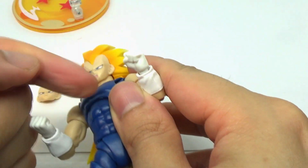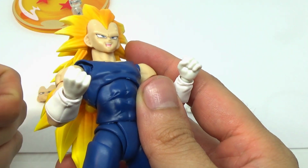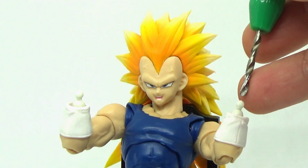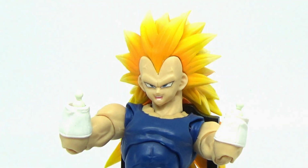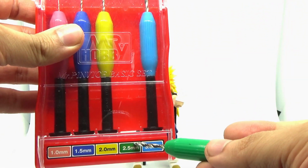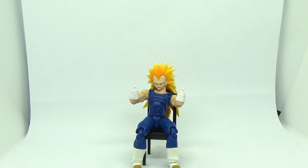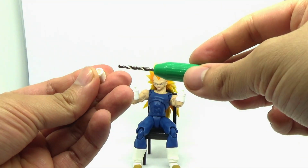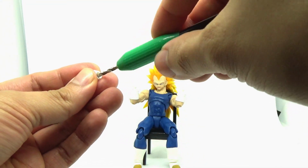Now, going back to the wrist joint. This is actually a very big point of contention on this particular figure. You need to take a drill to these things, and by that I mean the 2.5mm drill I've shown in the past. So basically, soak this figure in hot water, carefully pull the thing straight up in order to remove the hands on there, and what you're going to need to do is take a few small twists, not like full turns, but like a small twist here and there, go to each and every hand that this figure has,